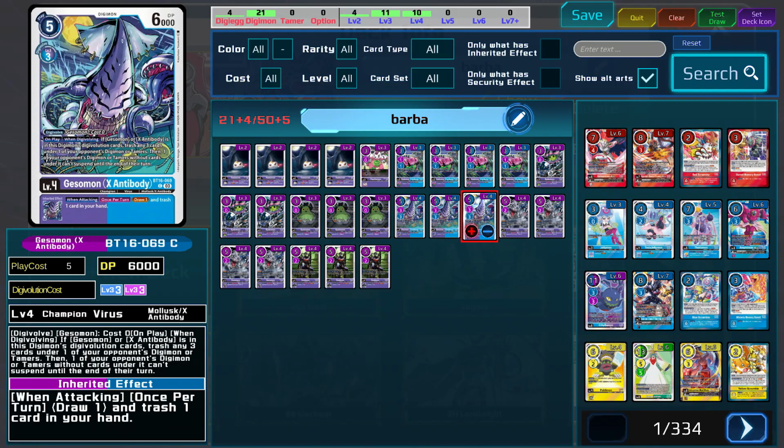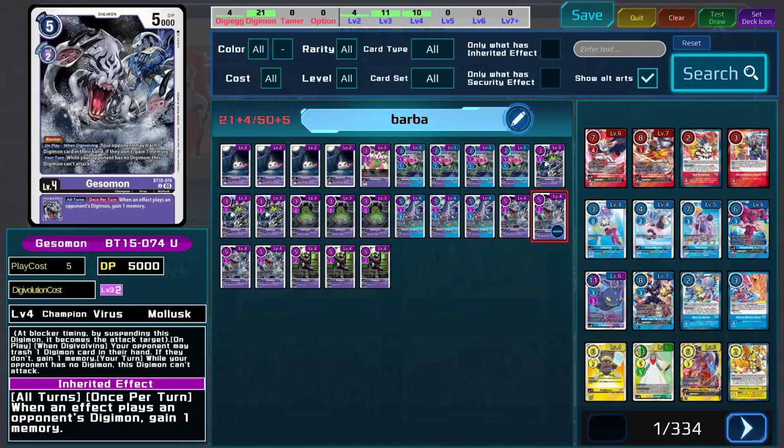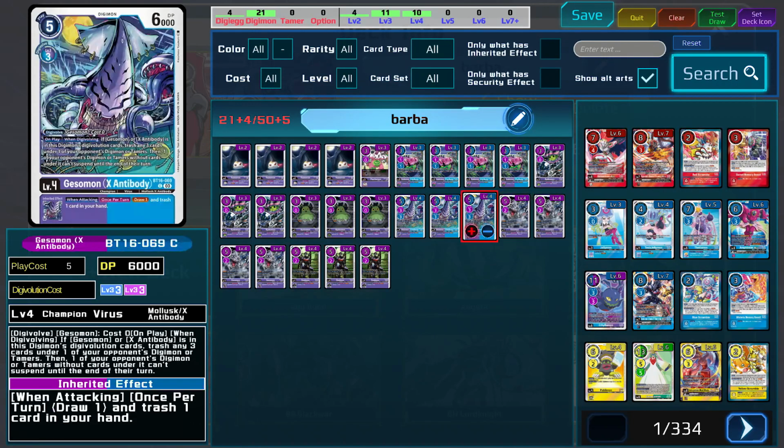So that's really fantastic. So you can just stun any of the tamers if need be, or stun random little bodies, and I absolutely love it for that. And they went attacking, same thing as this guy, the Barbamon X, to basically draw 1 discard, so again that's really nice as well. Then obviously I went 4 of the BT15 Gessomon, just because it's pretty similar to the